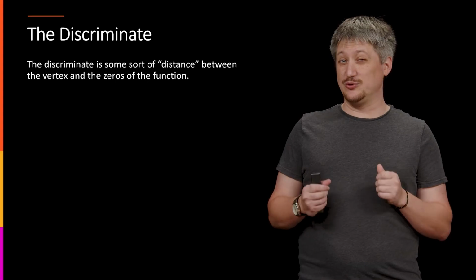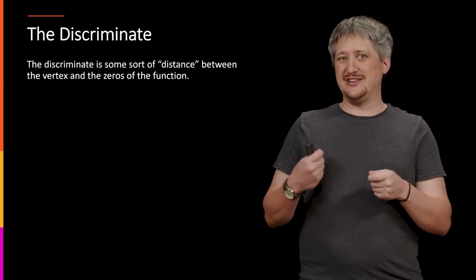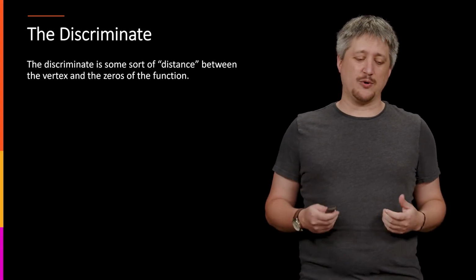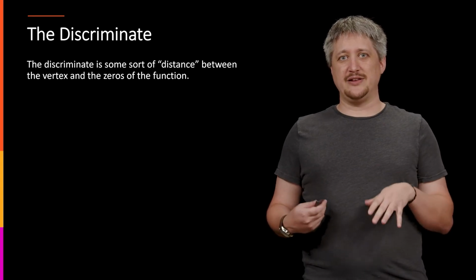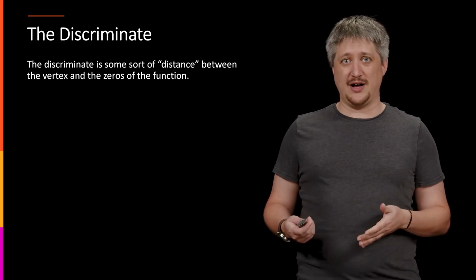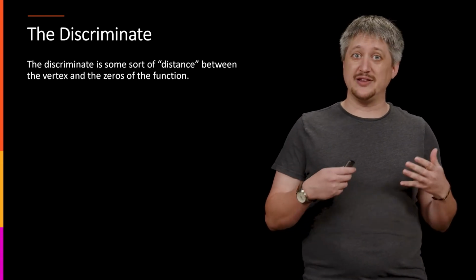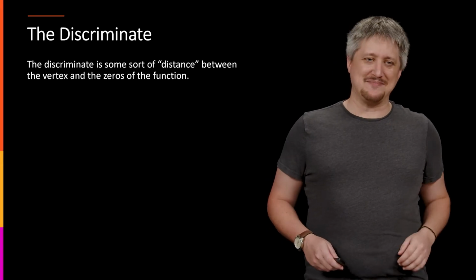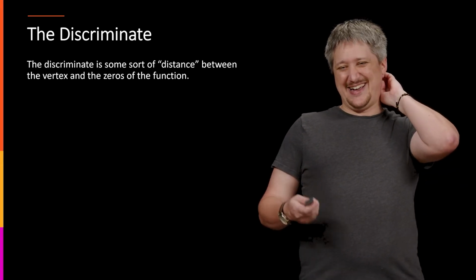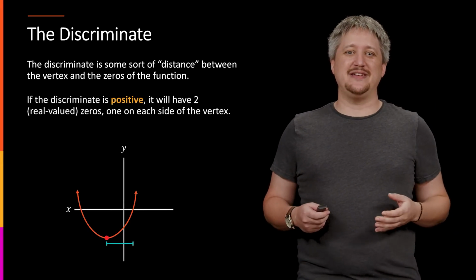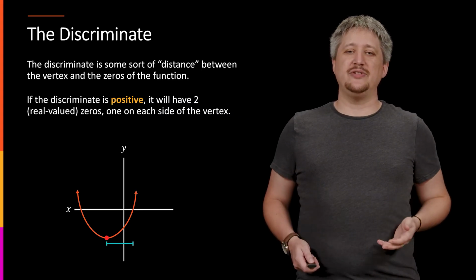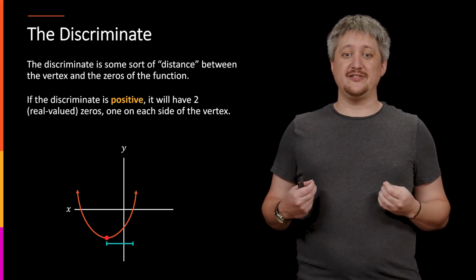It's not the actual distance, but it's a scaled version of the distance. And the important thing is that if the discriminant is positive, then the distance will be positive. If the discriminant is 0, the distance will be 0. If the discriminant is negative, well, something else is going to happen. We're going to look at that in a second. So, as mentioned, if the discriminant is positive, well, it tells you that you have a positive distance between the